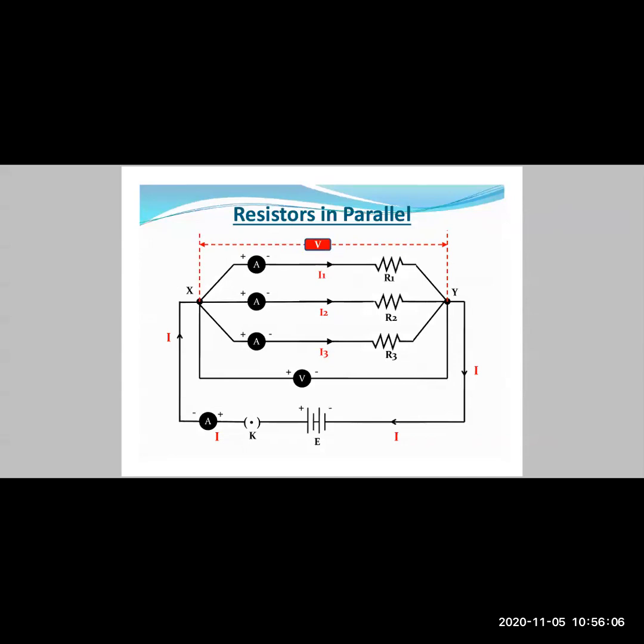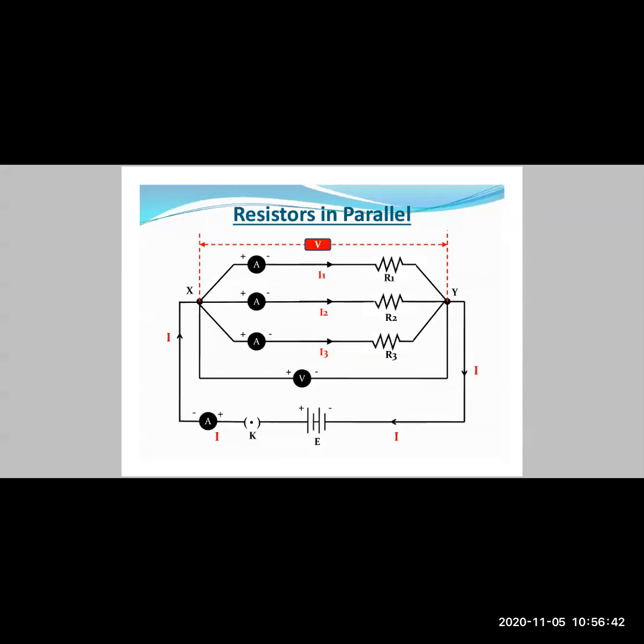Now, you can see that in front of resistor R1, there is an ammeter connected separately. In the same way for resistor R2 and for R3, we have separate ammeters connected to measure the current flowing. Then you have one voltmeter which is connected across the points X and Y, which is going to help us measure the voltage across the 2 points. Then you can see the current flowing through the circuit, which is measured by the ammeter right at the bottom alongside the key. It is shown by current I, which is flowing through the circuit.